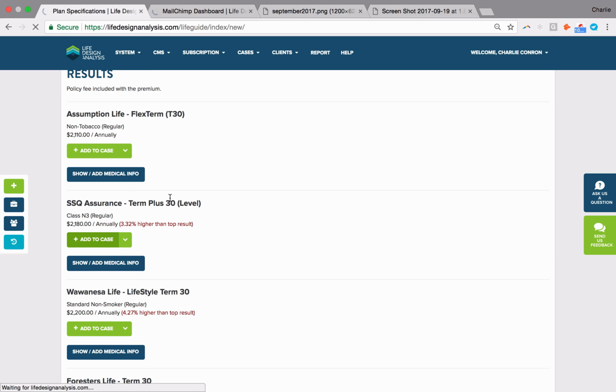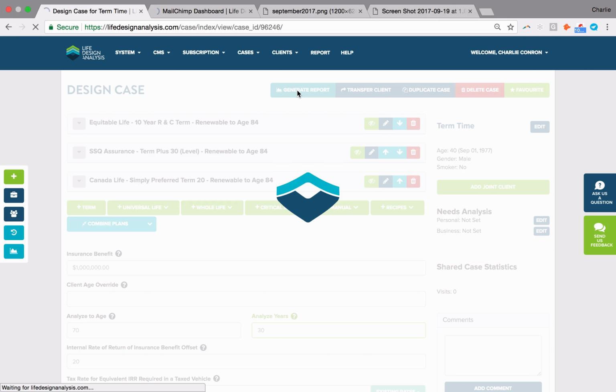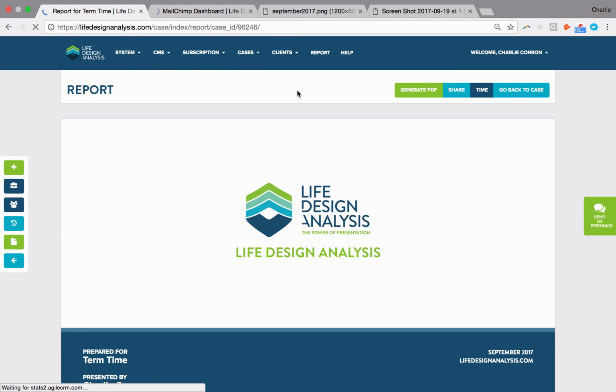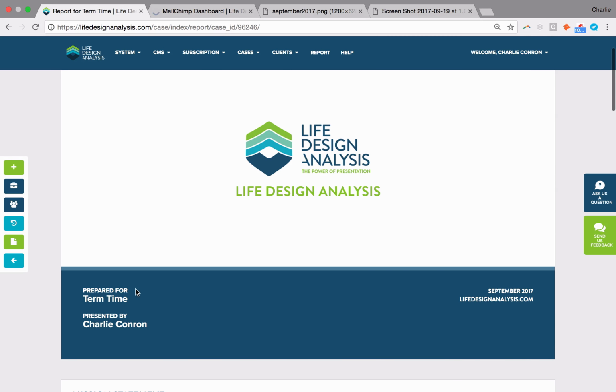In this case, I'm going to use an SSQ term 30 plus as my term 30. But really what I want us to look at is as we add a different term product and look at it now for, as we can see here, 30 years, I want you to take a look at that sum of premiums chart and see how when we match term products to our clients' needs, some of those ones that seemed affordable initially can provide sort of that asymmetrical dominance to make those ones that fit the time needs that much better.